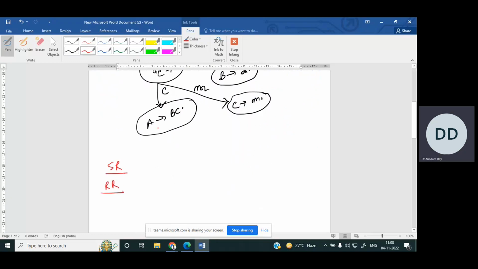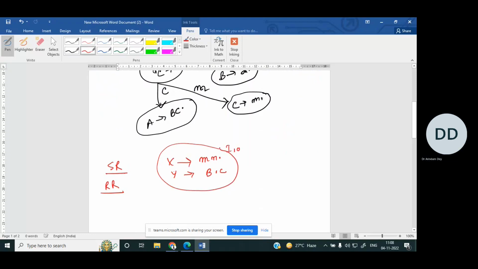Right? SR conflict meant that if there is a production, let X generating M n dot, correct, and another production Y generating, let's say, B dot C, and they are under a single state, let this be called the I10 state. So for production X, this is being reduced because no other movement is possible over the dot. But here the movement is possible over the dot because the dot can come over here. So this is called shifting. Here it is reduced. So this is the conflict generated in the state transition diagram, which is termed SR